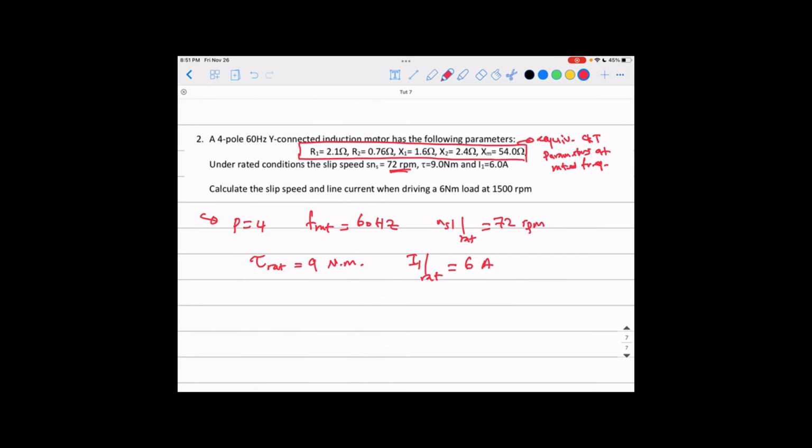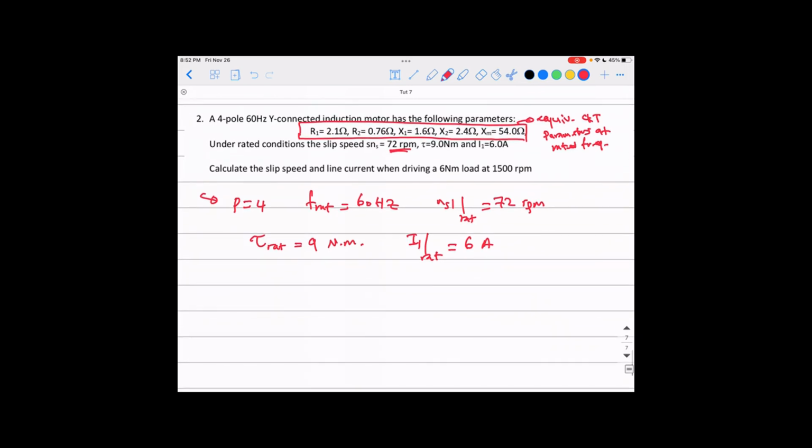And what he needs you to find now is to calculate the slip speed and line current when driving a 6 Newton meter load at 1500 RPMs. So he doesn't want you to work at the rated conditions. Rather, he wants you to go to the new torque equals 6 Newton meters and the new mechanical speed equals 1500 RPMs. For these conditions, we want to find the new slip speed and the new line current,